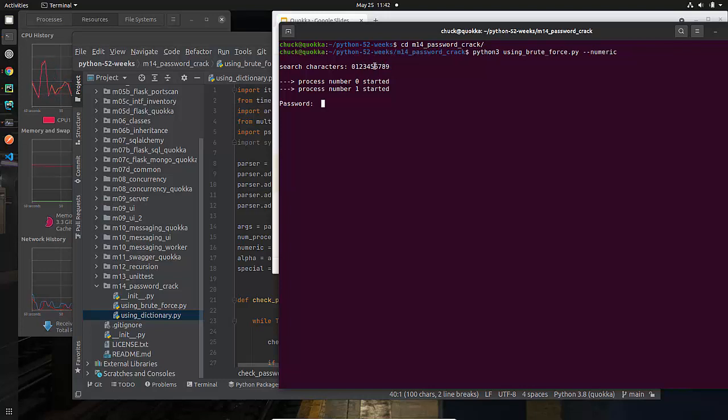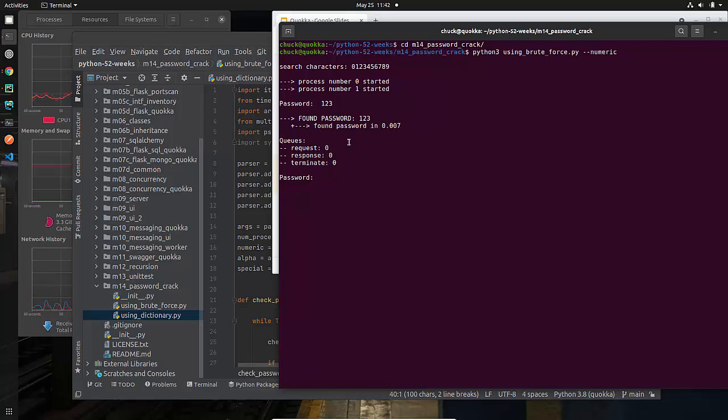A lot of times when you look online and you find these brute force things, this is true of one of the ones that David did and another one that I've noticed, they often will say, okay, this is just a numeric password. Sometimes that's what the Wi-Fi passwords tend to be. Anyway, I'm going to type in something here. So I'm going to type in 123, and it's going to go off and try to crack it. And you can see it found it in 0.007 seconds. So that was pretty quick.